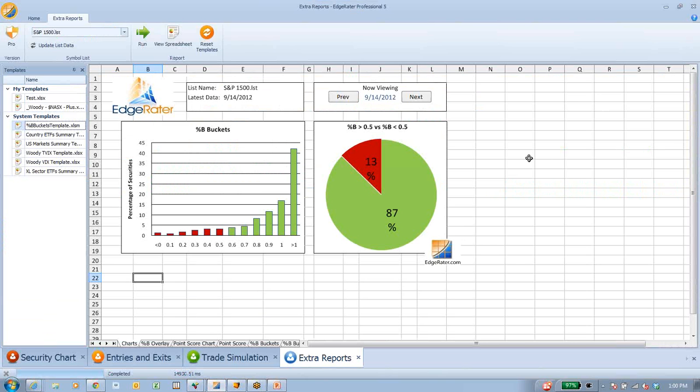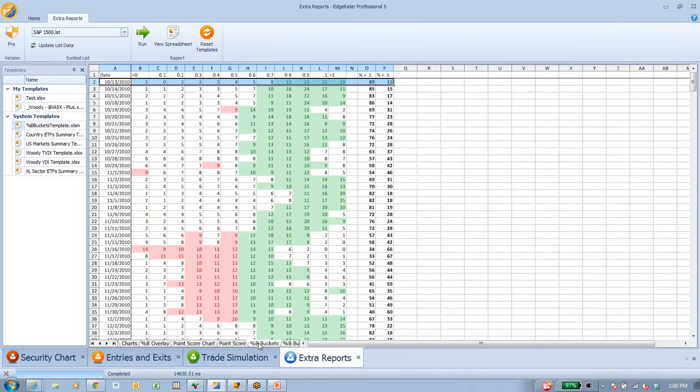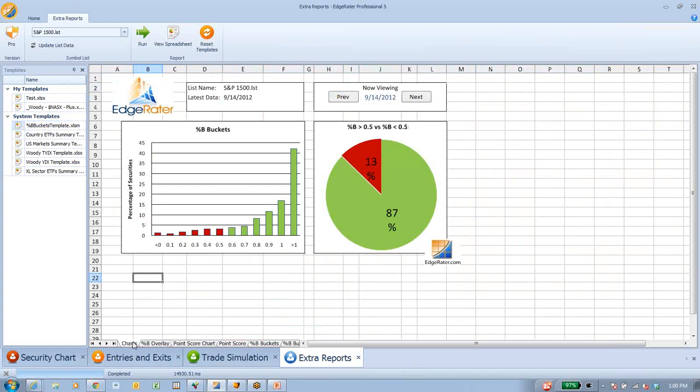This is a spreadsheet that in various forms we have been using within the HGSI community for years, and it was always, frankly, a pain in the butt to get Excel to cooperate, with macros and issues, and the computer thought it was a virus. Chris with EdgeRater put together a great program and incorporated this chart and the rest of the spreadsheets, but I'm just going to talk about that chart in the program so it's done automatically for me.